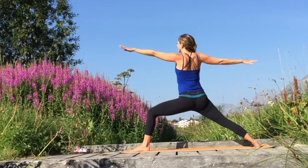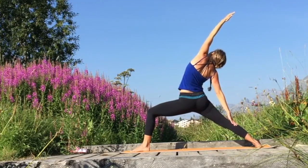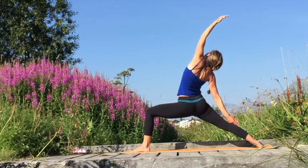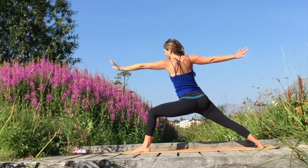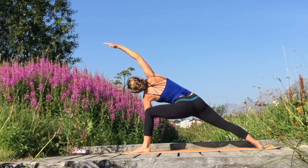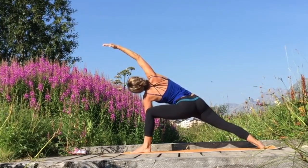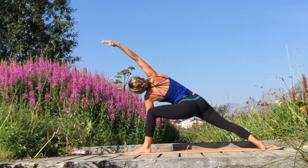Engaging the legs, lift the left arm up over the left ear and re-bend into the front knee. Inhale, stretch the left arm forward, bringing the left elbow to the left thigh or the left fingertips down to the mat. Opening up here into Parsvakonasana. So really pull that left hip underneath you, straighten the back leg even more, pressing into the outer edge of